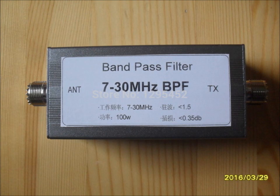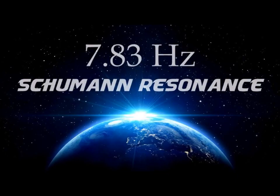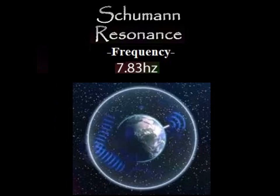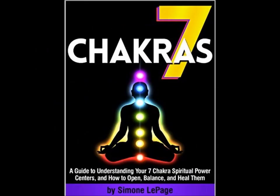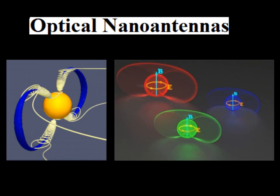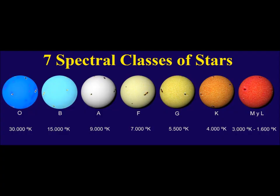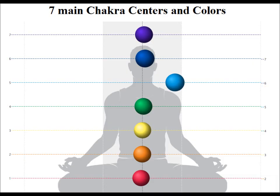This means that the Earth produces the same type of electromagnetic field as a two-way radio, the significance of which you probably can deduce yourself. Another significant 7 factoid is that humans produce 7 primary chakra and aura colors. And the suns in our universe are divided into 7 classifications, with the chakra and aura colors produced by our bodies more or less perfectly corresponding to the 7 spectral classes of suns, as we bear in mind that scientists